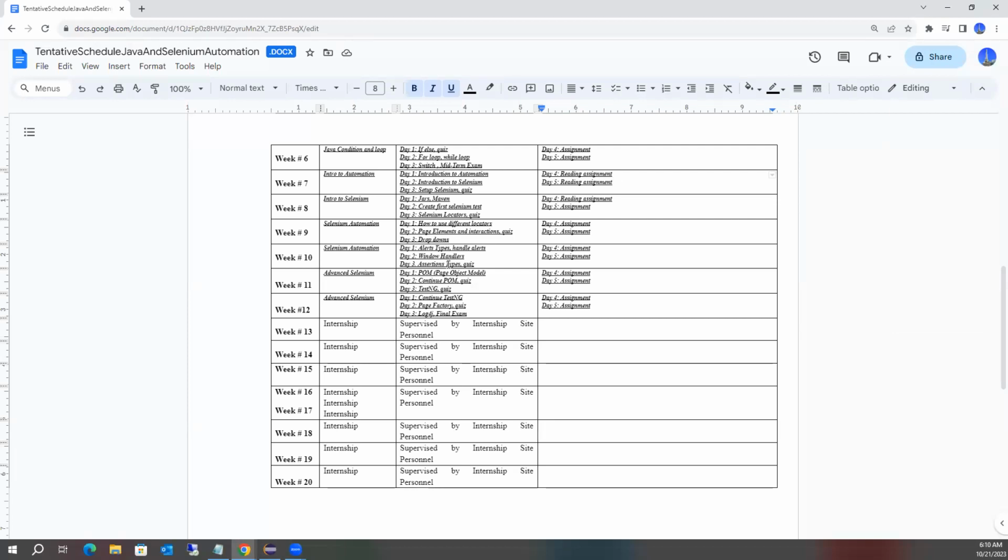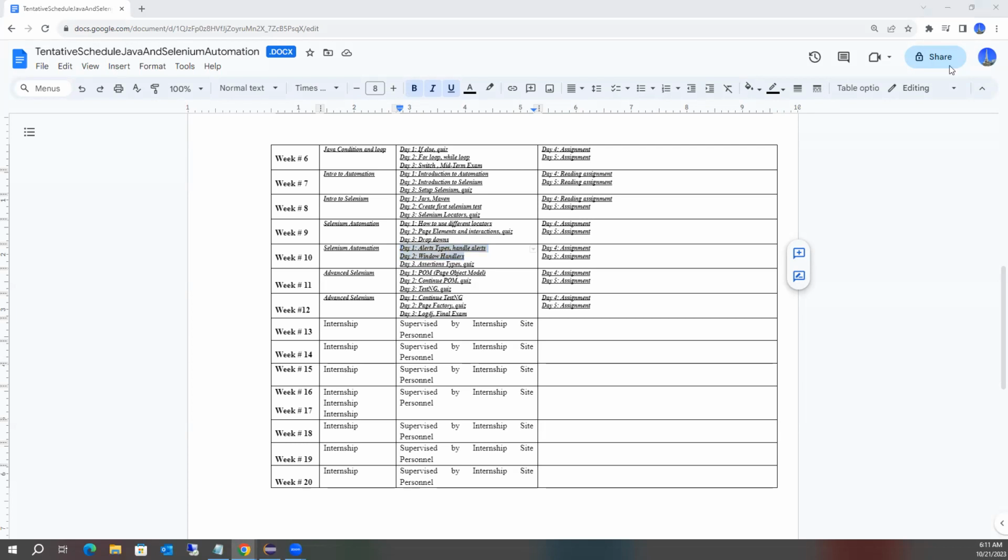These are the assertions we already went over, and alerts and window handlers are also types of object handling or Selenium handling. We can go quickly over that, because it is more of a practice, and the way you do it, you read more about it. So alerts and window handlers I'll go over in the next one. Only a couple of topics are left. So today I'd first like to go over the